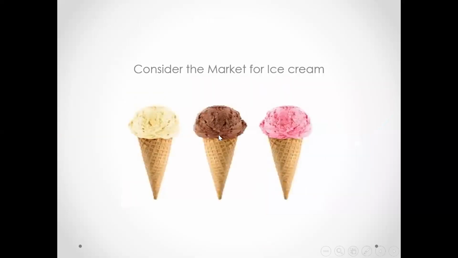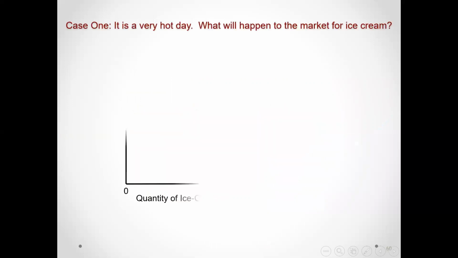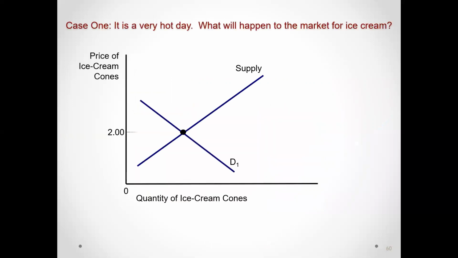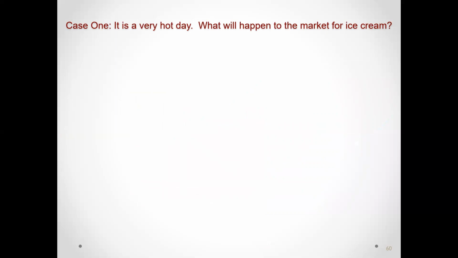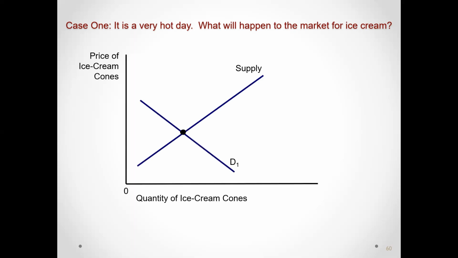Let's consider the market for ice cream again. Okay. طيب. It says what? It's a very hot day. What will happen to the market for ice cream? Okay. طيب. ايه اول step هعملها؟ هرسم السبلاي والديماند and I will show equilibrium. اهو ده اول step. تمام؟